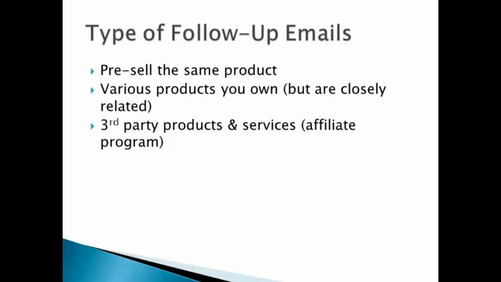If you don't have your own products just yet, you can still endorse third-party products and services, and this is called affiliate marketing. This is good because you can promote more affiliate programs and make a commission cut very quickly while saving time on creating your own products. You can find a few good affiliate programs, test them out by PPC or time-sensitive broadcast, and when you discover that they are making quite good money over a long period of time, you can start setting them up in your follow-up emails at fixed intervals, and from that, you can really make money on autopilot here.